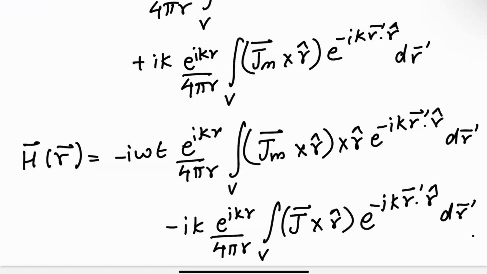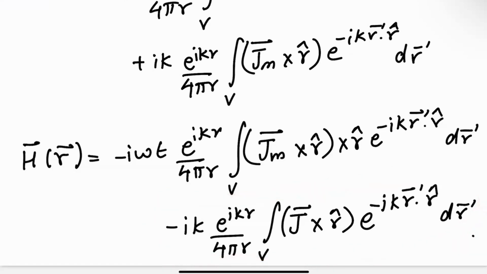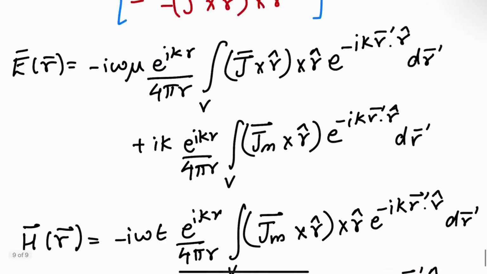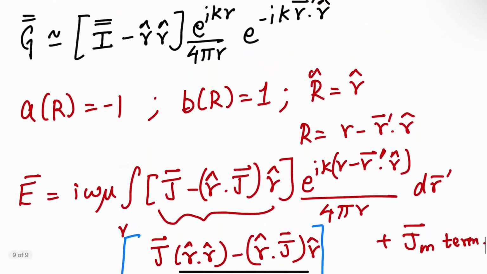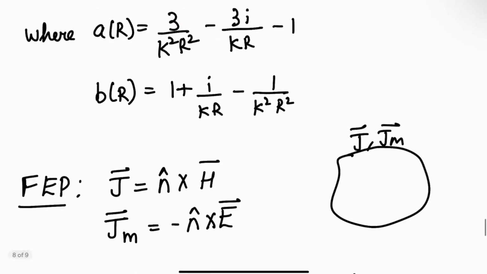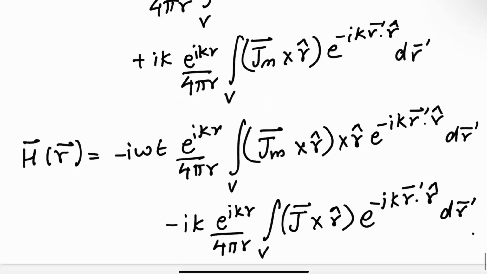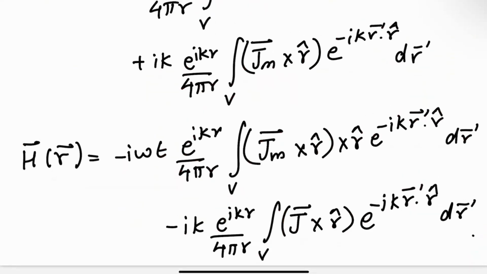If you remember from Hertzian dipole, this was the current, right? So although we started this whole thing without using charge distributions, we only considered Faraday's law and Ampere's law, we ended up with the same expressions in the far field, right? So you could ask what happened to the charge distribution contribution. And that is implicit in the Green's function